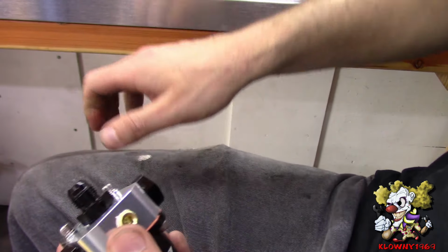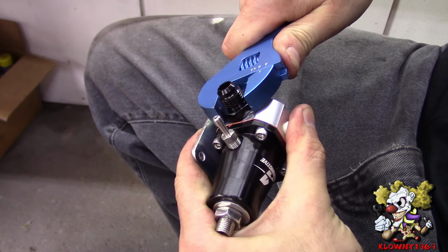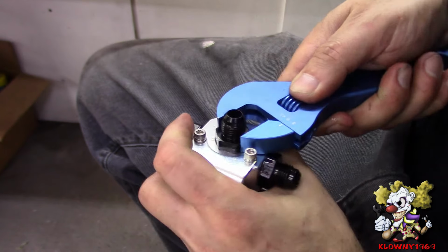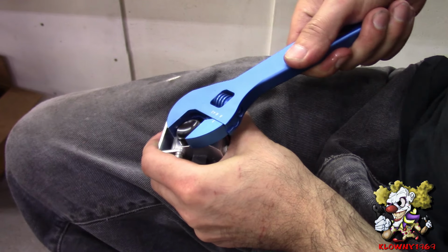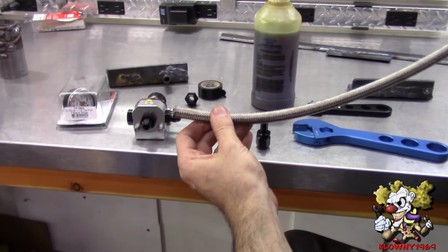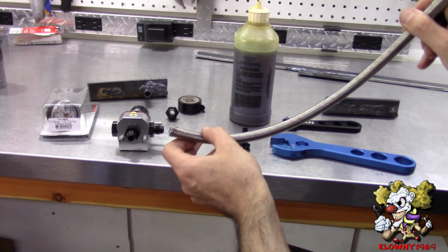And go ahead and tighten all this down. That's good. That's good. And that's good. Now this is the other side of the line that we cut that goes to the throttle